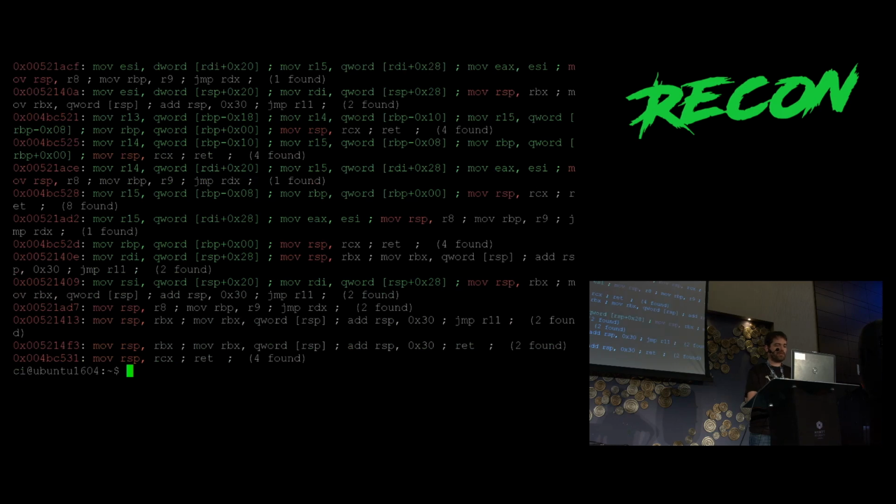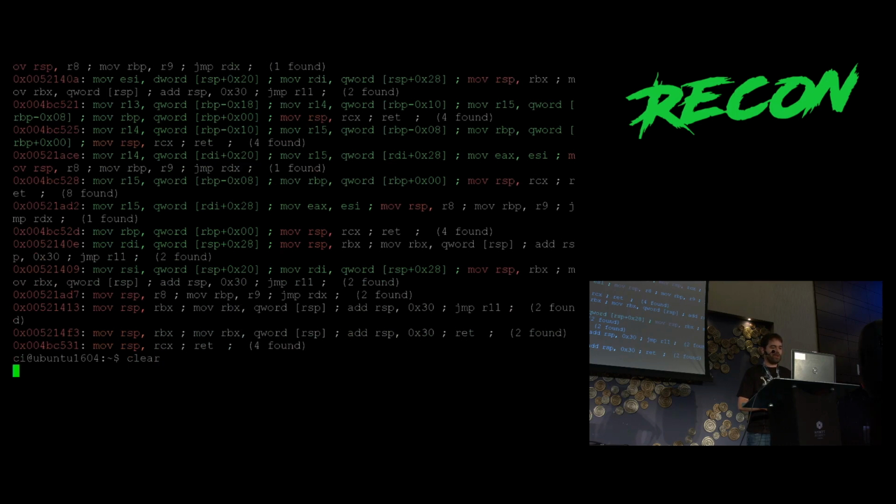So there are a lot of gadgets that allow us to write directly with a mov. If it didn't work, we would have to try another instruction like lea (load effective address) or things like that. There are some that are very nice, like, okay, if this disappears below, the mov rsp, rcx; ret, we have mov rsp, rbx; blah blah blah; ret, mov rsp, r8. So we have a lot of gadgets that are great for stack pivot, but we didn't find our gadget yet.